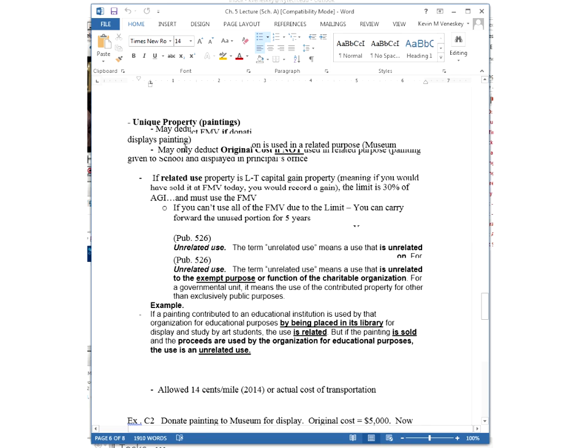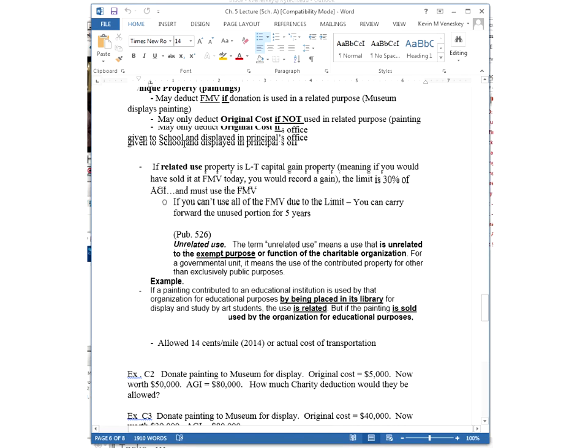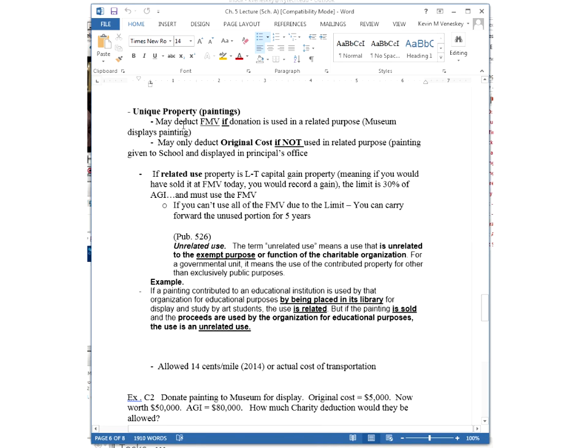Read through the rest of this. The unique painting, the unique property issues. I did want to discuss this. Notice if you donate your unique item to a place that's actually going to use it for the purpose of what it's there for, like art in my example here, and you put it to a museum that's out on display, that would be a related purpose, and you would be allowed to deduct the fair market value of that